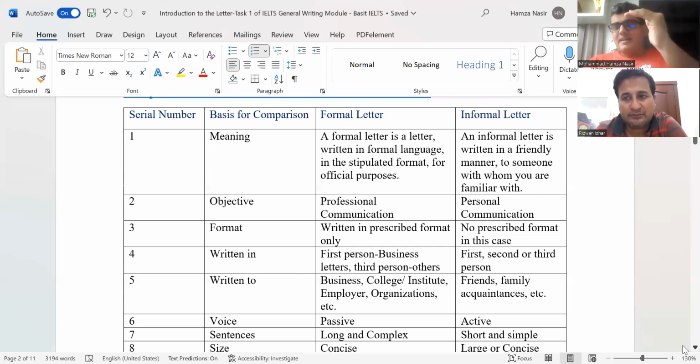सिमिलरली फॉर्मल लेटर में एक सर्टन आपका एक प्रेस्क्राइब्ड फॉर्मेट होता है, ठीक है, कि इस तरीके से आपने लिखना है। हर ऑर्गेनाइजेशन टू ऑर्गेनाइजेशन वो फॉर्मेट आपका वेरी करता है, लेकिन फॉर्मल लेटर में आपने एक गिवन सीक्वेंस के मुताबिक चलना है, अपने तरफ से कोई नया सीक्वेंस आप इनोवेट नहीं कर सकते, ठीक है, फैशन नहीं कर सकते। सो अ फॉर्मल लेटर इज रिटन इन अ प्रिस्क्राइब्ड फॉर्मेट ओनली, जबकि व्हेन इट कम्स टू इनफॉर्मल लेटर देयर इज नो प्रिस्क्राइब्ड फॉर्मेट, ठीक है जी।